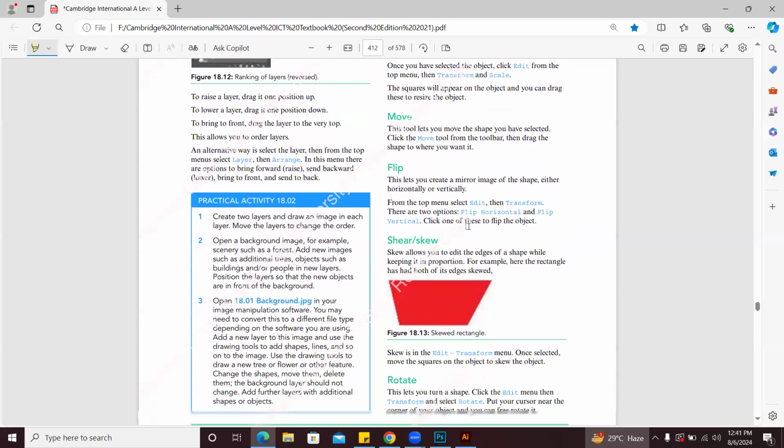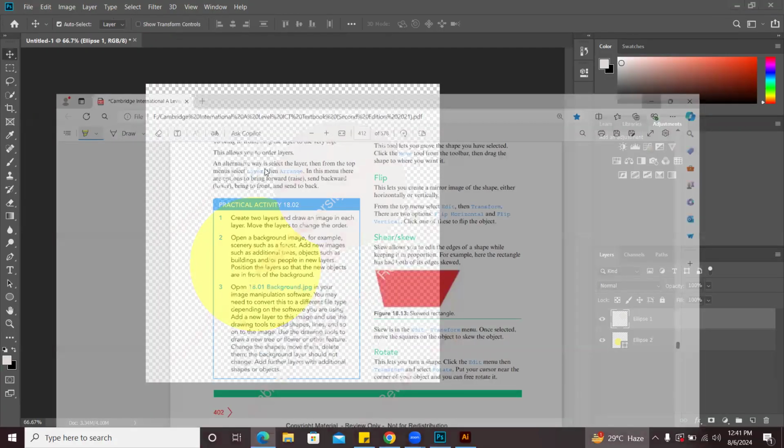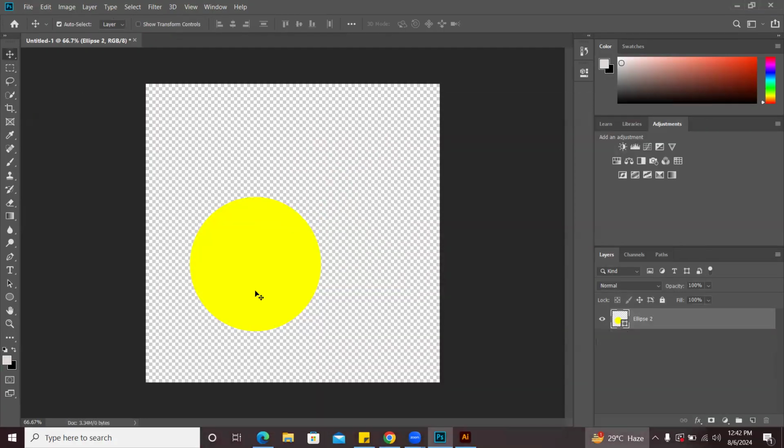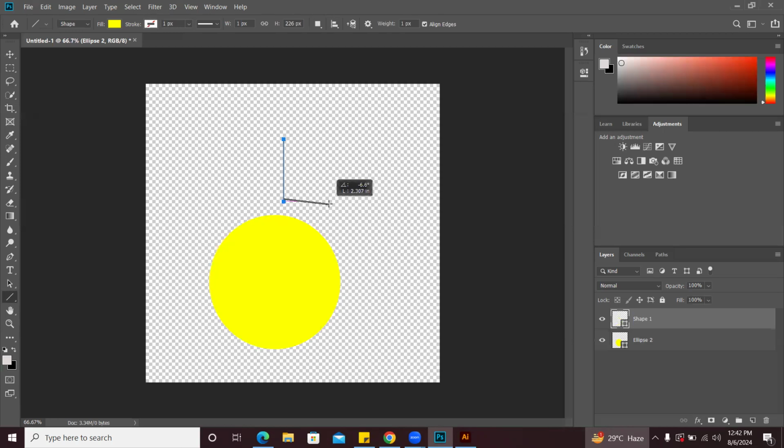Other than that, the other two options that are given here are flipping. So for example, let me take another shape right here, because it is not going to show you whether it is flipped or not. So for example, right here I'm basically using a line tool, and with the help of the line tool, I've created three lines, but